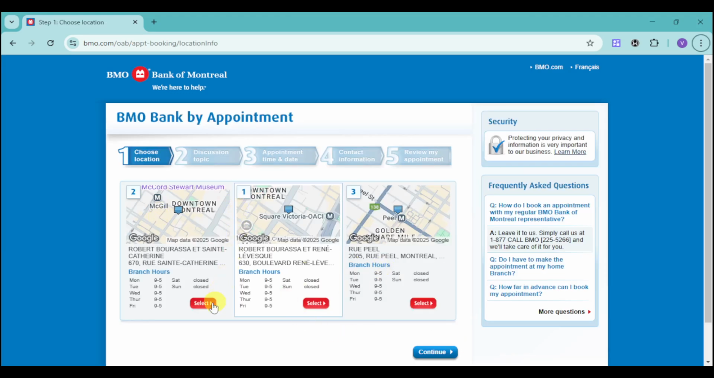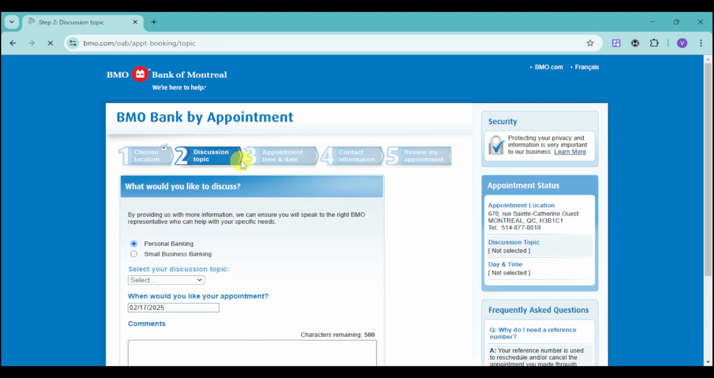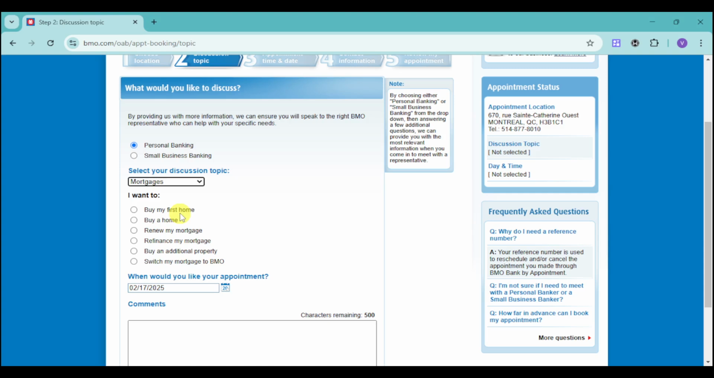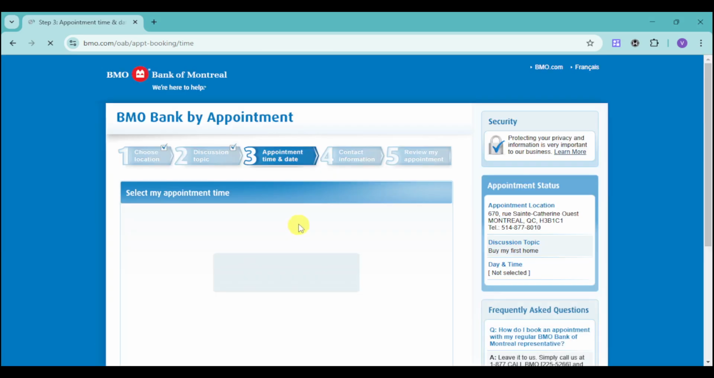So for example, select this location right here, and then click on continue, and after that choose in here the discussion topic as well, like for example, let's choose in here mortgages, buy my first home, and then choose in here appointment and click on continue, and then after that just head over and then input next your appointment